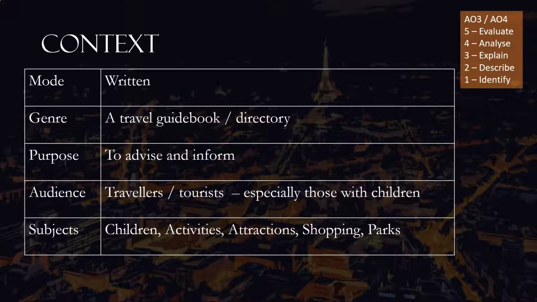So, for context then, this is clearly a written text, and it belongs to quite a niche genre, which affects the language in it quite distinctively. It's a travel guidebook, but one that's very much written in a kind of directory style. Interesting to think about these texts. It's nice to have a book in your hand as you travel. I suppose the internet has gone some way to replace these texts, but they very much have that informational directory function that perhaps we over-rely on Google for these days.